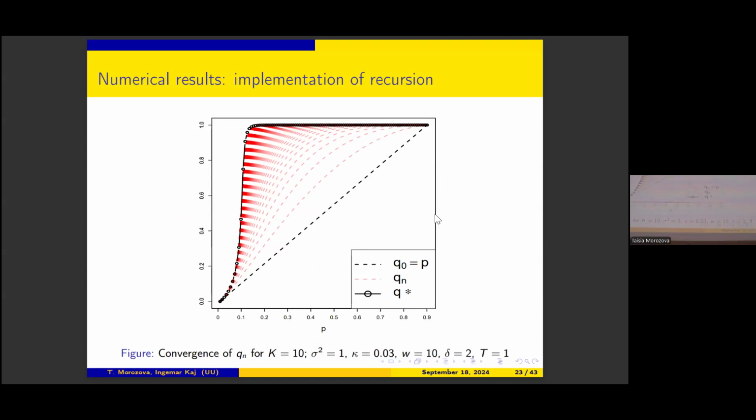And then I thought it would be fun to see numerically how fast this converges. We didn't really have a goal to analytically compute the convergence rate, but I was just interested in how fast we can get this. So I did some numerics. Basically, this picture illustrates how Qn converges to Q star. Here the black line is where we start with Q0 equals P, because on the very first time slot we have no other activity except for the ones that come from P. So it's just P.